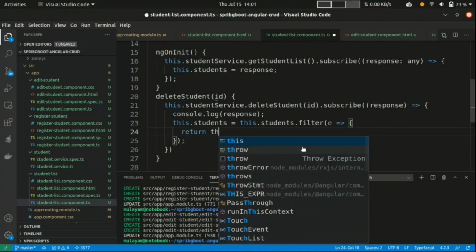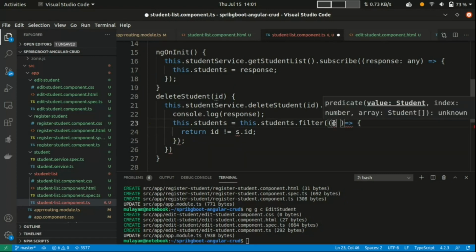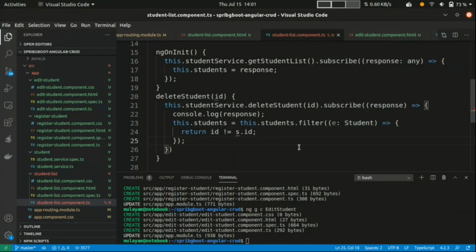Return if id is not equal to s.id. Just specify the type here for this. I should not see this one, any, or make this any. Sorry, this is E, okay, it should be S.